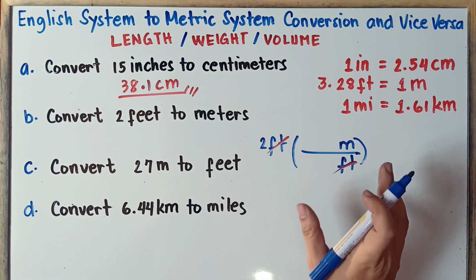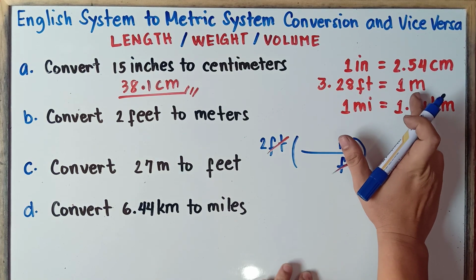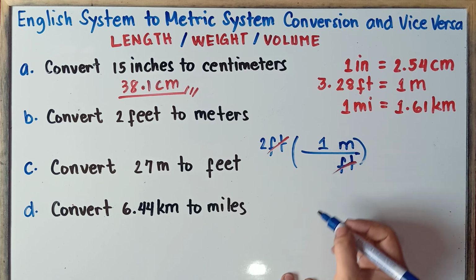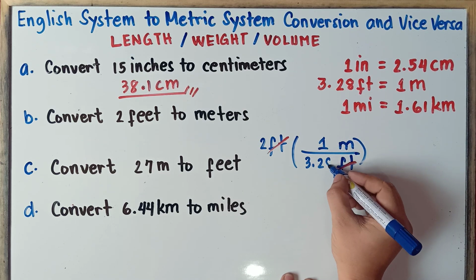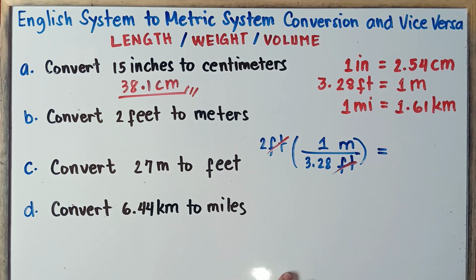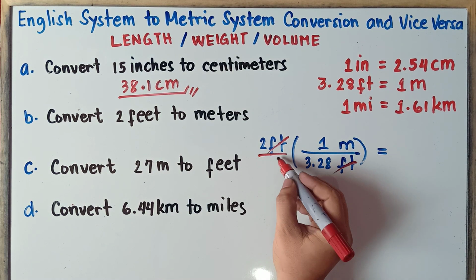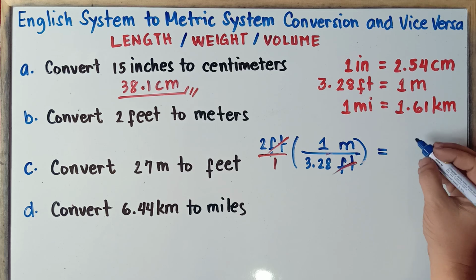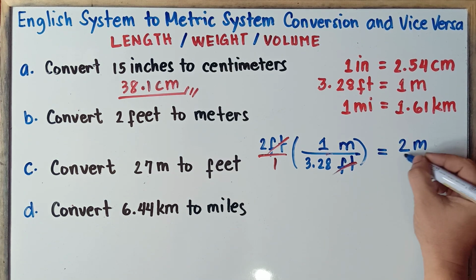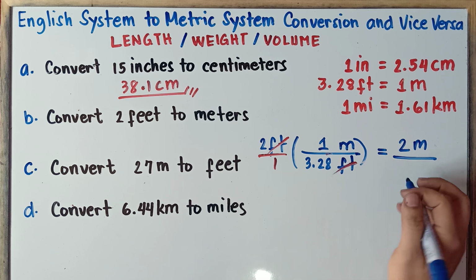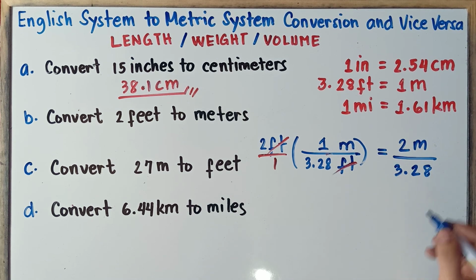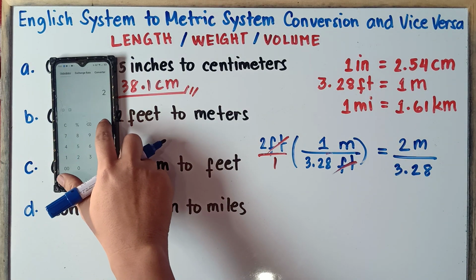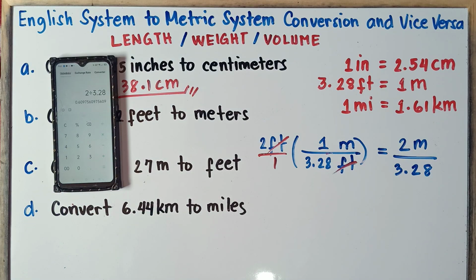And then the conversion, once again, class, be careful in writing the conversion. 1 meter is equal to 3.28 feet. Alright, and then equals, so we can put over 1 here for our given. Understood that there's 1 here. And then simply multiply 2 times 1, so that would be 2. Copy the units, meters, over 1 times 3.28, that would be 3.28. And then simply divide, class. 2 divided by 3.28. So the answer is